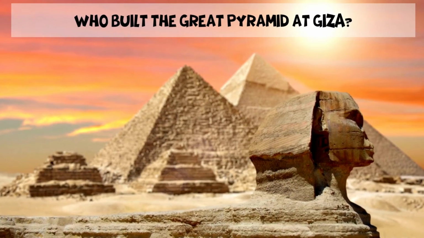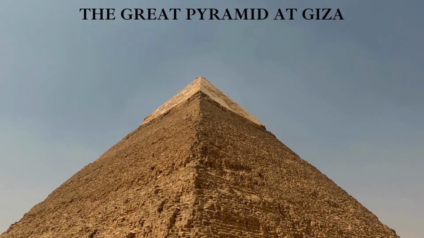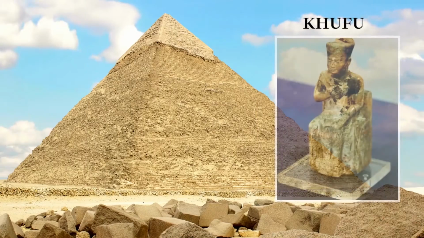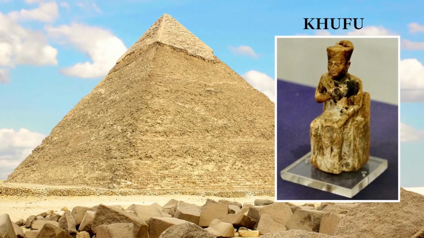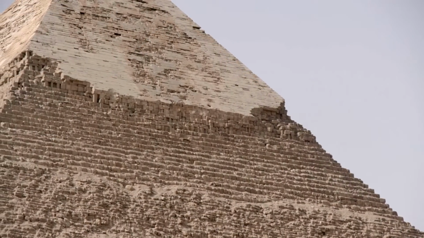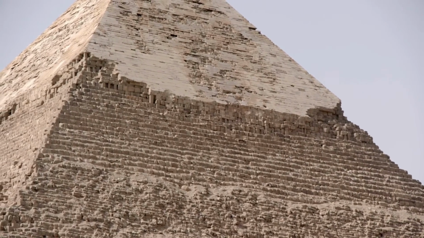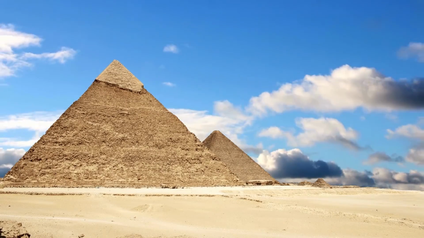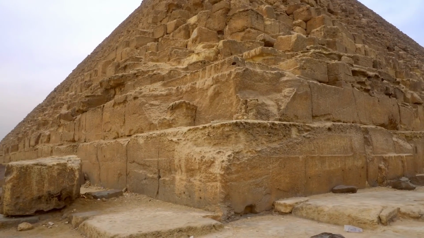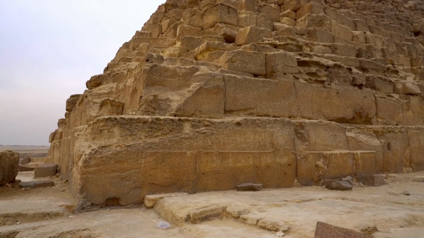Who built the Great Pyramid at Giza? The largest and most famous of all the pyramids, the Great Pyramid at Giza, was built by Sneferu's son, Khufu, known also as Cheops, the later Greek form of his name. Covering an area of 13 acres, this 481 feet tall pyramid is considered to be the oldest large stone creation in the world. About 2,300,000 individual stone blocks weighing between 2 to 15 tons each were used to build this pyramid.